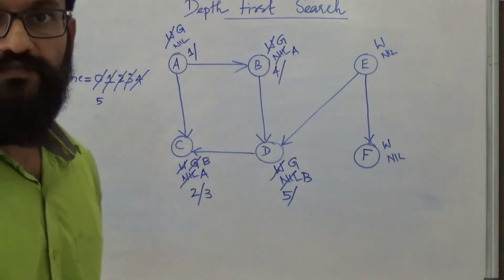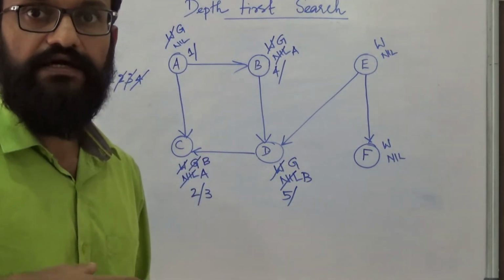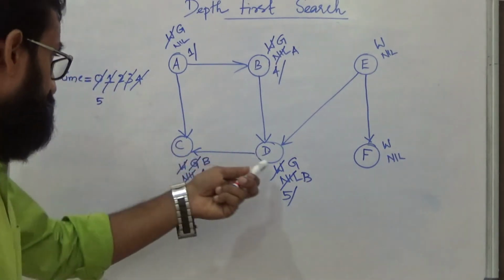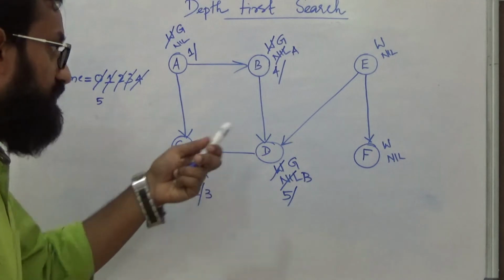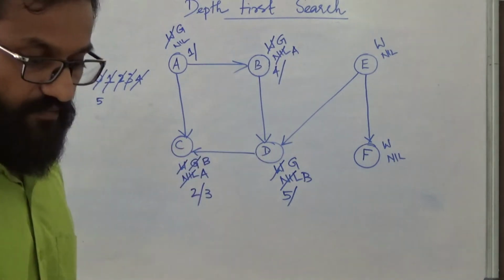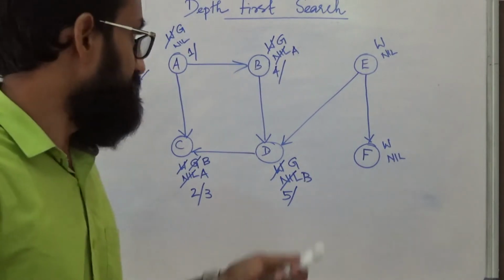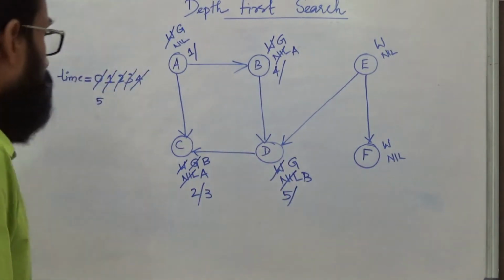Now we are at D. You will be checking whether D is having an adjacent undiscovered vertex. D is not having any. D is having adjacent vertex C that is already discovered. So since we have completed discovering all the vertices that are reachable from D, you can